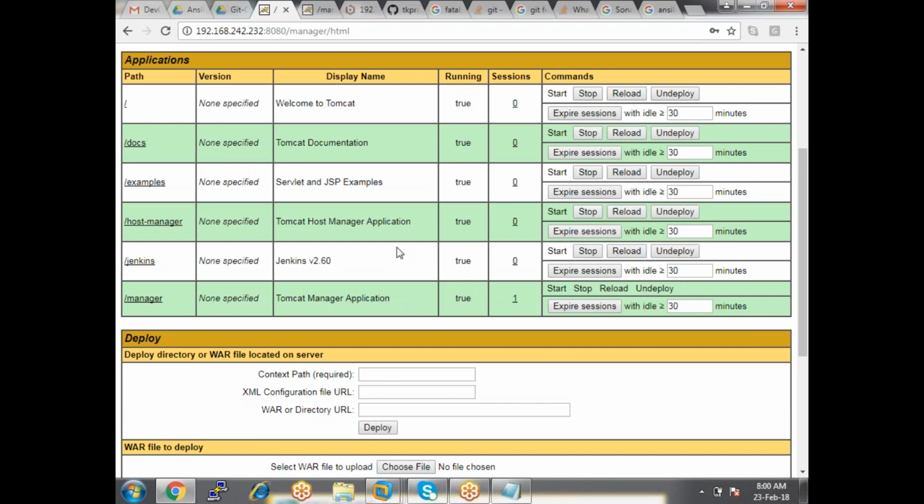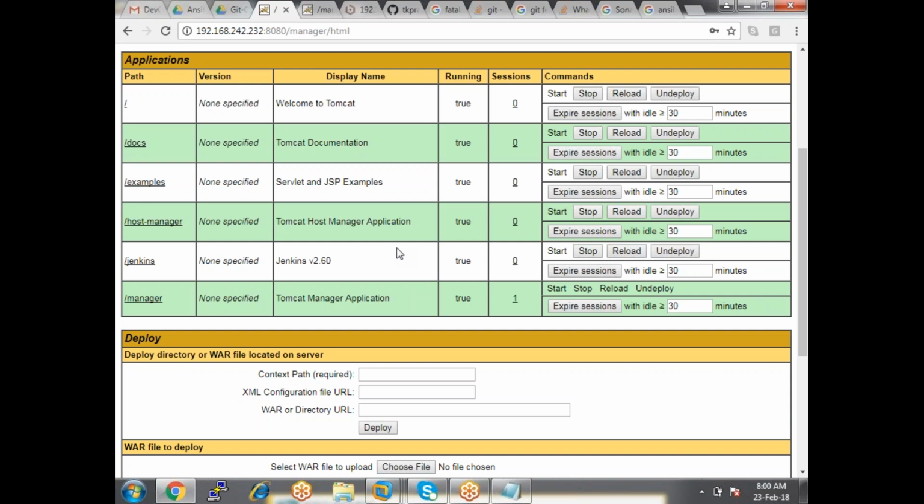Okay. Now, see, this is the security we are providing, but this is server level security, right? But how about application level? We are working on the Jenkins application.